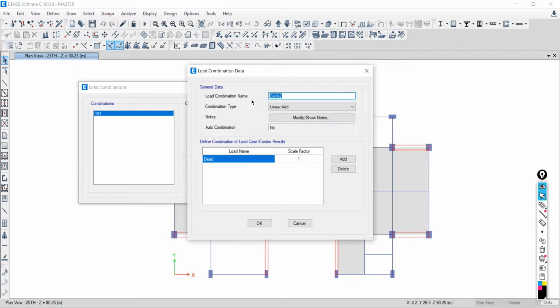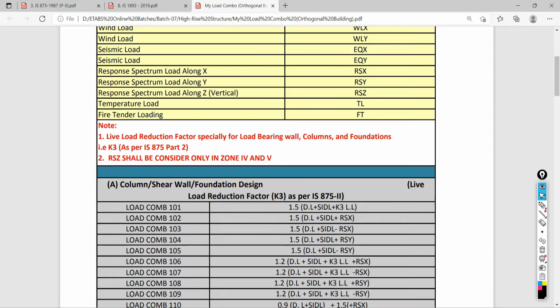It will be 102. Look at this, 1.5 dead load plus SI DL load, and the earthquake loading in X direction. But why is it suggested here to use the response spectrum results? Because in comparison of static and dynamic, which one gives more accurate results?